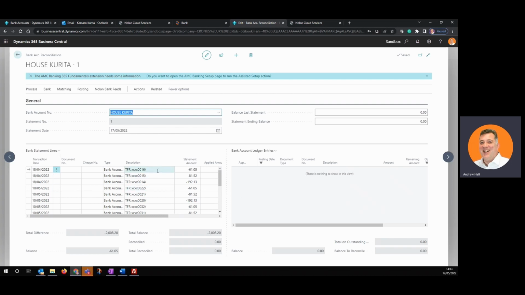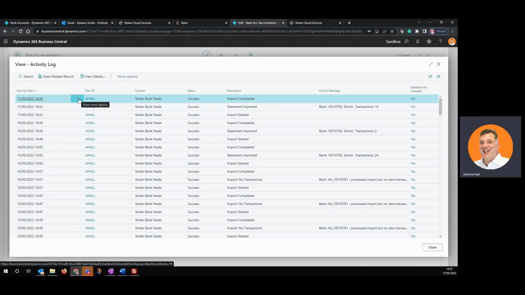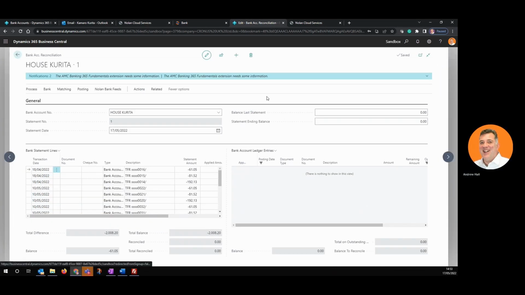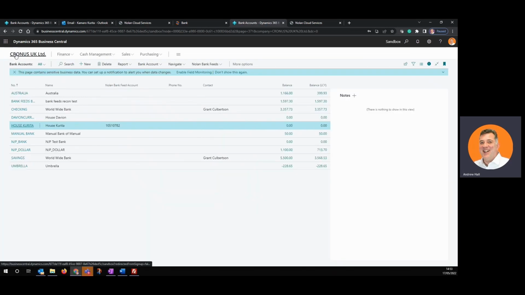We can now start using that standard functionality. Again, we've got our Nolan Bank Feeds here, and we can import into the current statement if we wanted to add an extra import into it. We've got the activity log here. We can get the activity log and see when it connected and how many bank statements and transactions were brought in, etc. So we have audit capability. And the last thing that you may want to check on the setup is if we go back to our Nolan Bank Feeds,